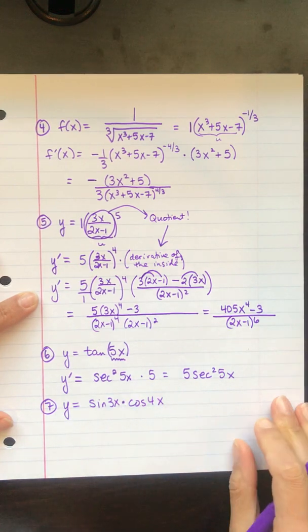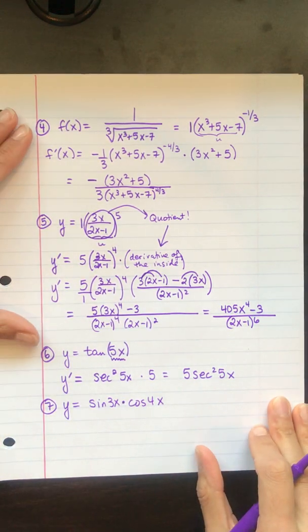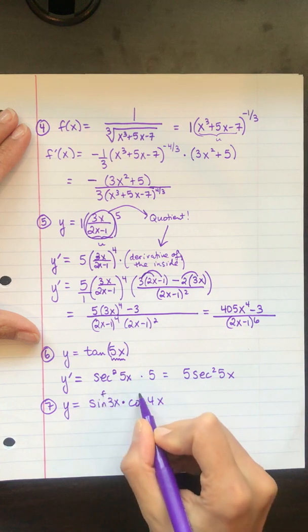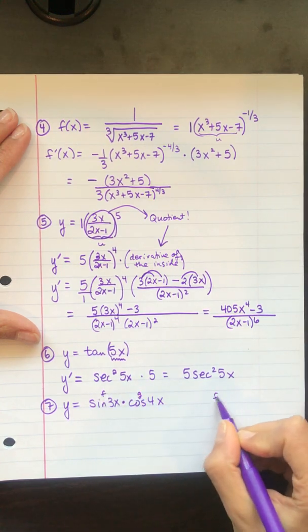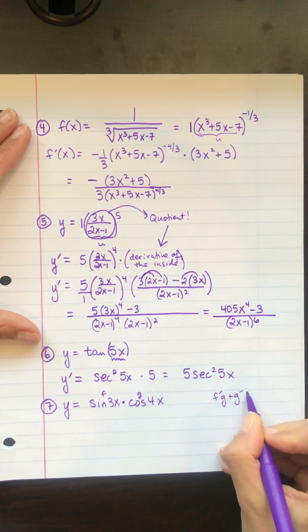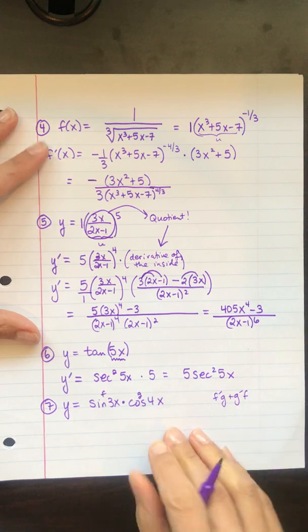You guys, this problem is a product. This is F, this is G. Let me remind you of the product rule. F prime G plus G prime F. Now,